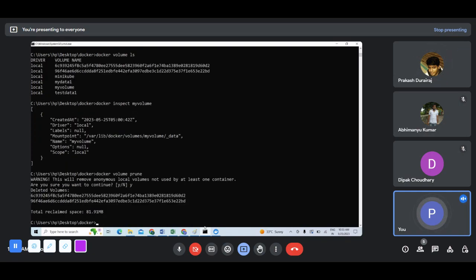So see, this is my claimed volume, this is my claimed one. Okay, now if I check docker volume ls,